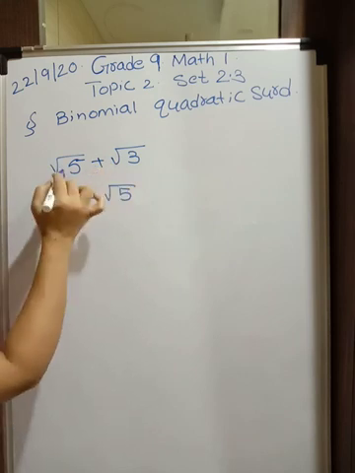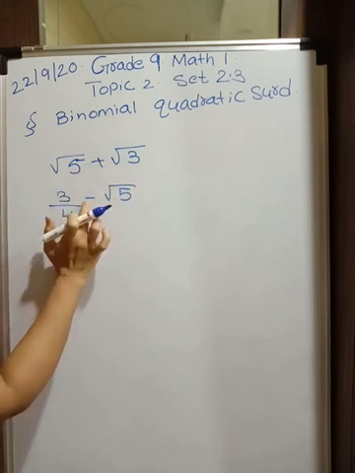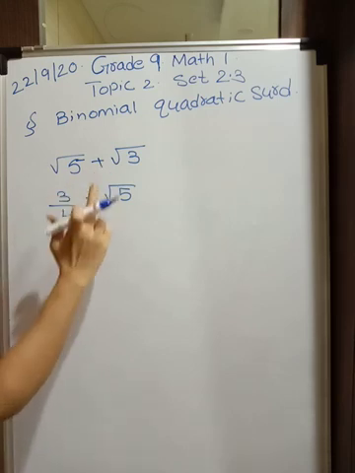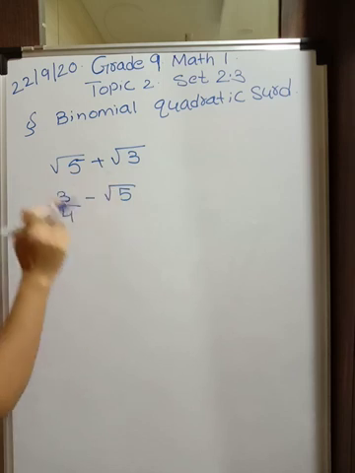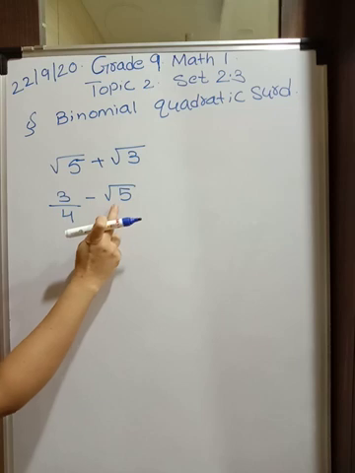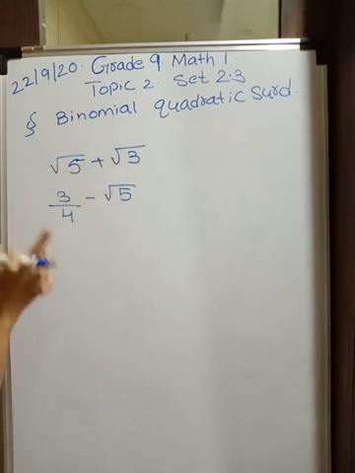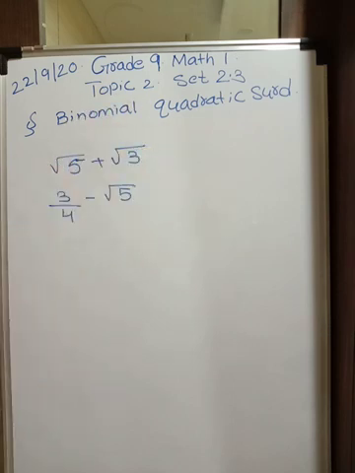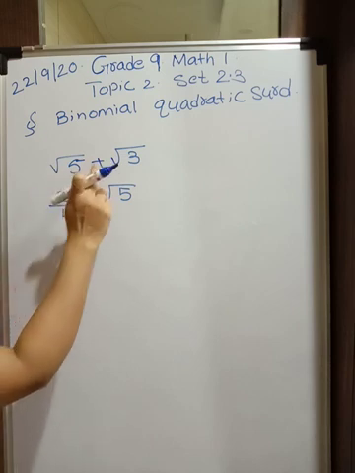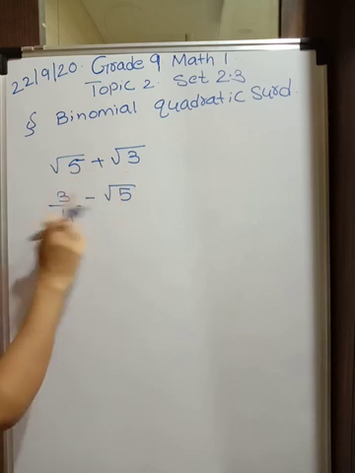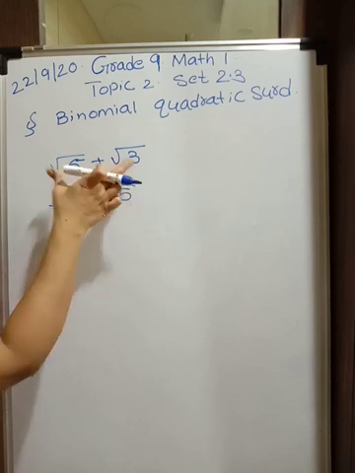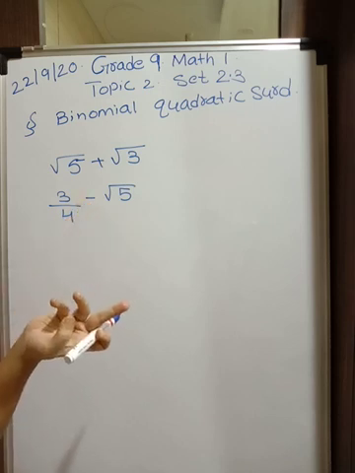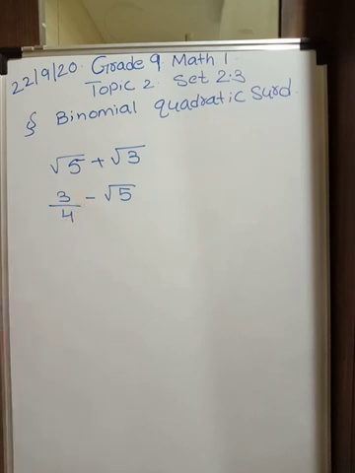Now, here between two terms which sign is there? Addition. Here between two terms which sign is there? Subtraction. So in short, what you can say is the sum or the difference of two numbers of which either one is quadratic surd or both may be quadratic surd, then they are called as binomial quadratic surds. Is it clear? Doesn't matter. Here can be minus sign, here can be plus sign. That's okay. Alright. So these are called as binomial quadratic surds.